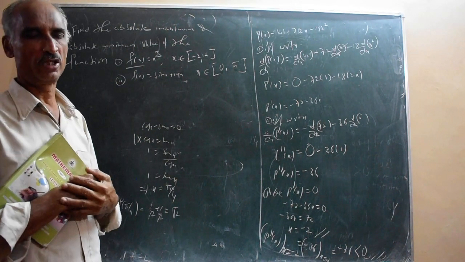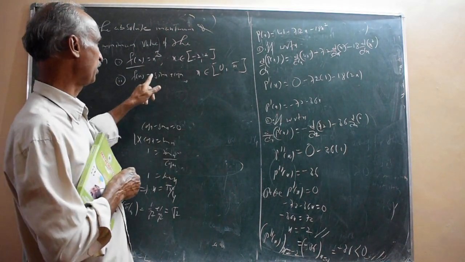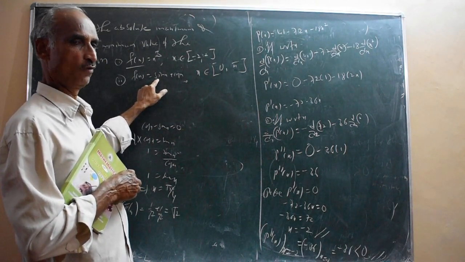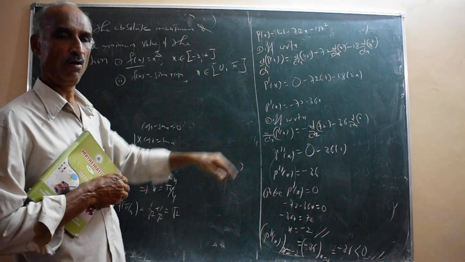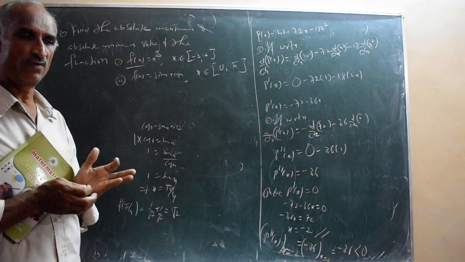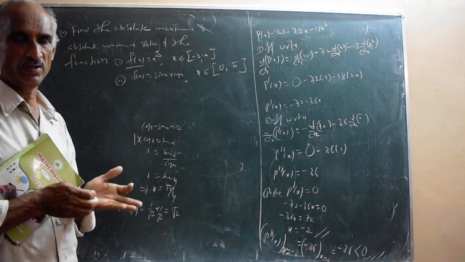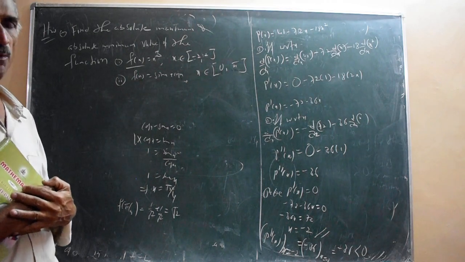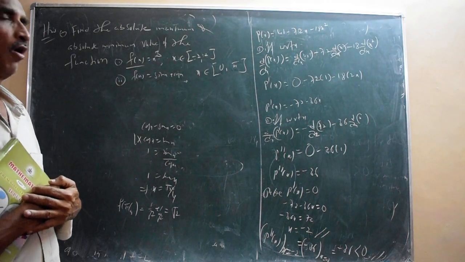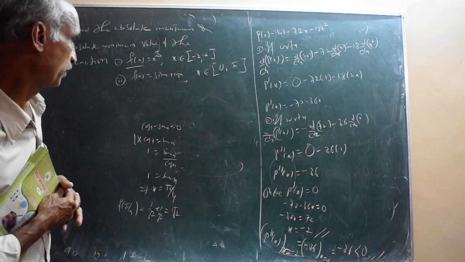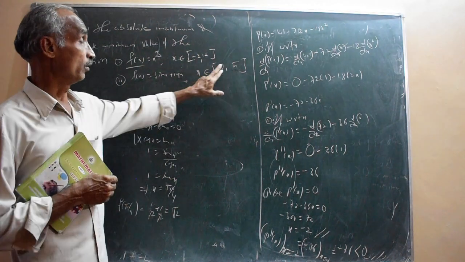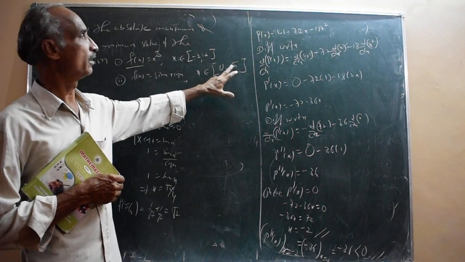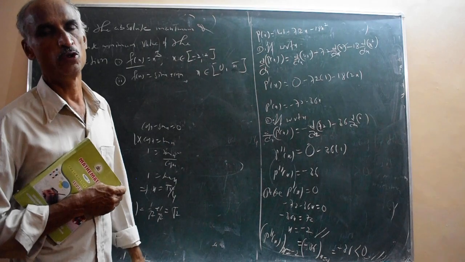Sin n pi, that is sin pi, sin 2 pi, sin 3 pi, sin 4 pi, are all equal to 0. Cos n pi is plus 1 if n is even, and cos n pi is minus 1 if n is odd. Pi means 1 pi, an odd multiple of pi. That's why cos pi is minus 1. Therefore, at b you got the minimum value, the absolute minimum at x equal to pi. The absolute minimum value is